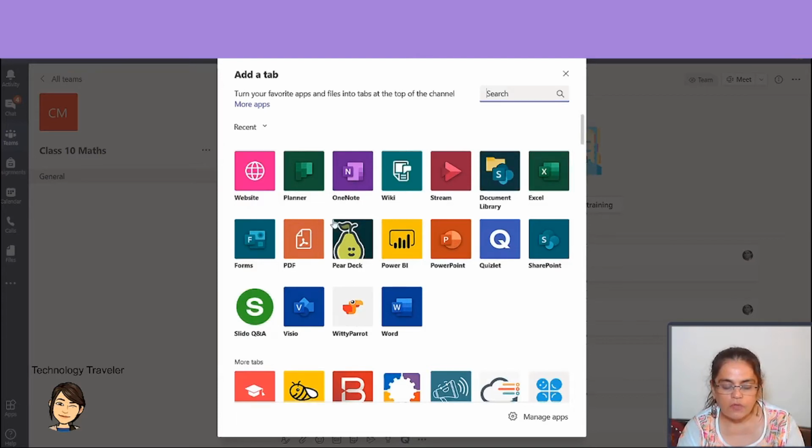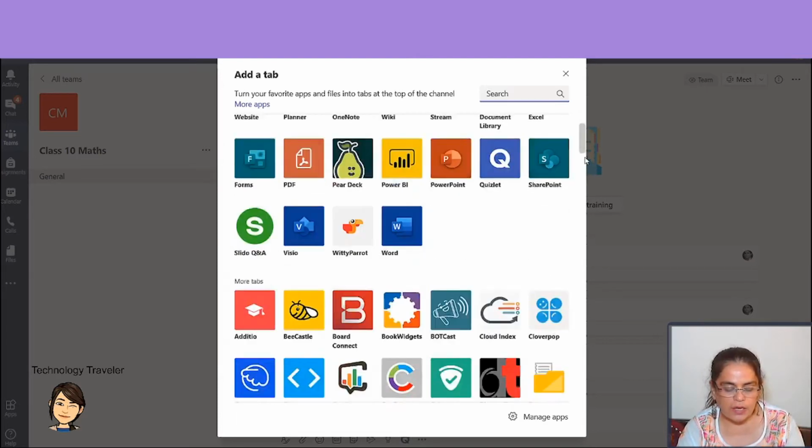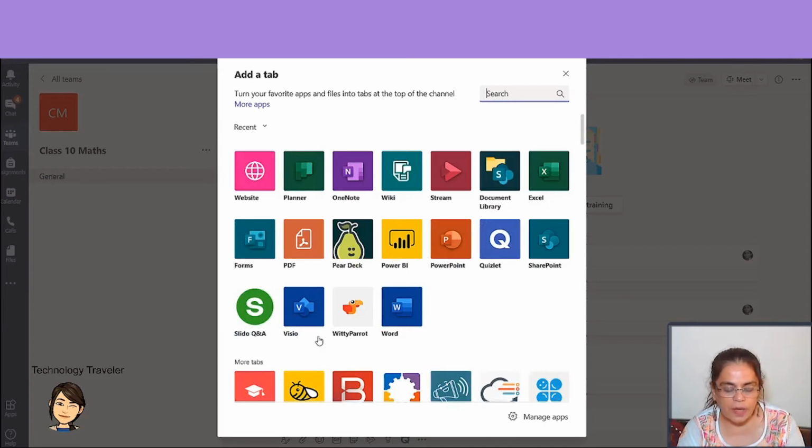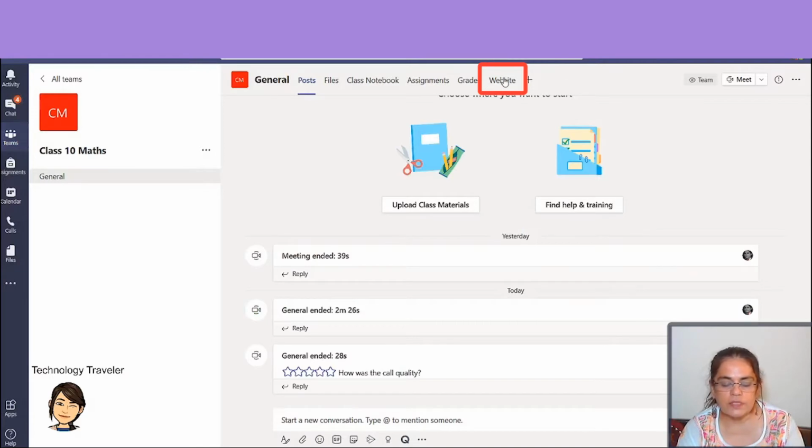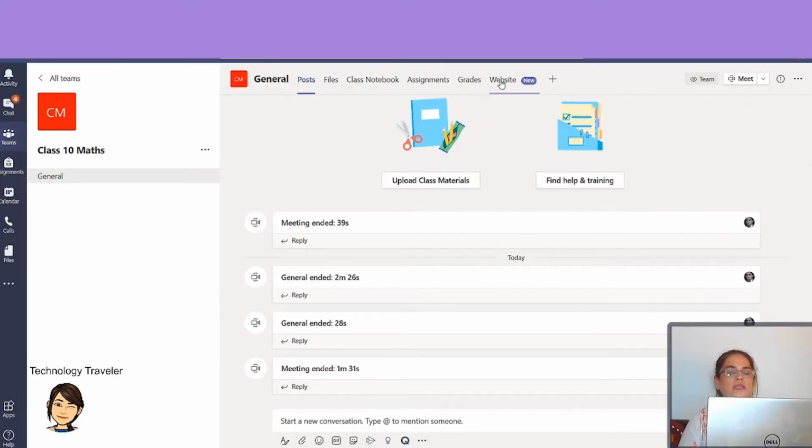So if I click on website, I just click on that and I click on add to the panel, and it adds as a tab right here. As you can see, website is added. So whatever you think you want to add in your classroom, just keep clicking on plus and that app gets added. So now that I have website and Flipgrid added, my children can refer to a bunch of websites. They can refer to some YouTube channels. They can make audio notes. They can make video notes. All of those facilities will be available to all the children within this team. Okay, so collaboration, easy. Communication, easy.